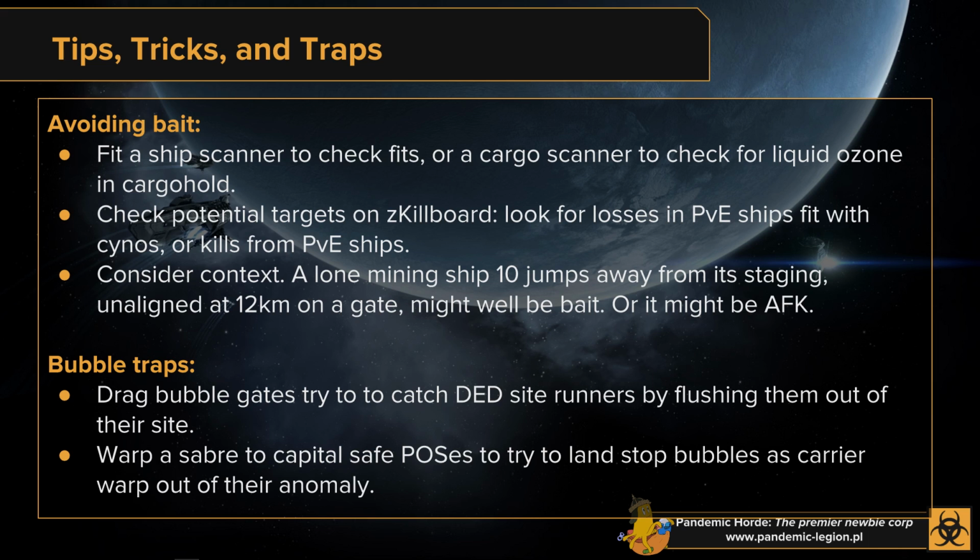Like if there's this VNI in space and there's no NPC kills in that system and there's no wrecks anywhere, then what's the VNI doing? Having said that though, I'm going to engage that VNI 9 times out of 10, because why not? All right. Another thing that you can do to avoid bait is, of course, run a local scan